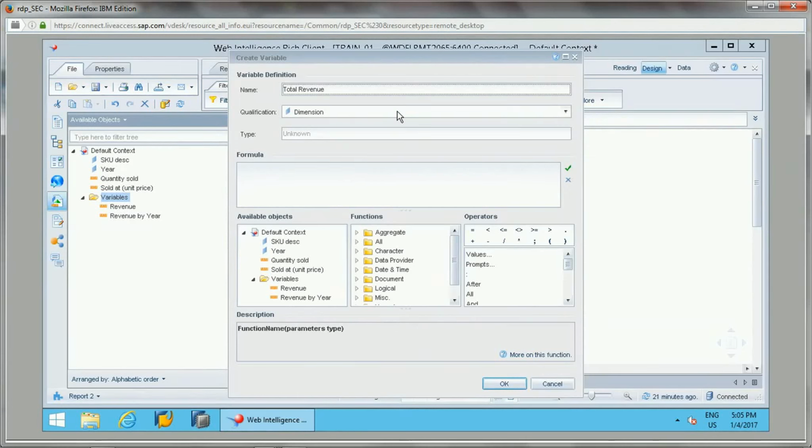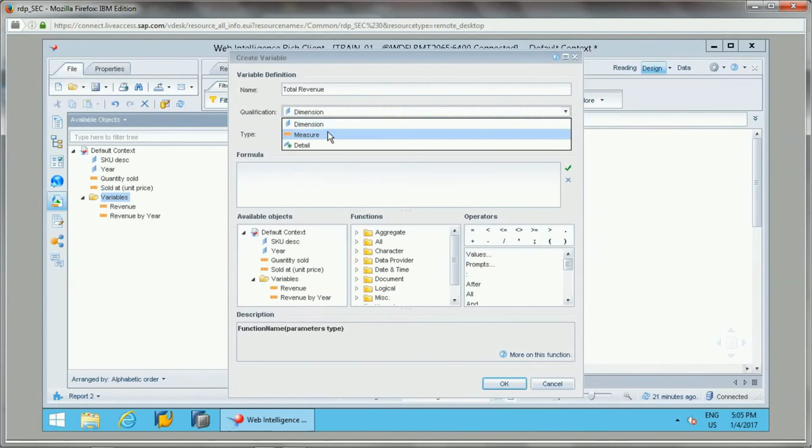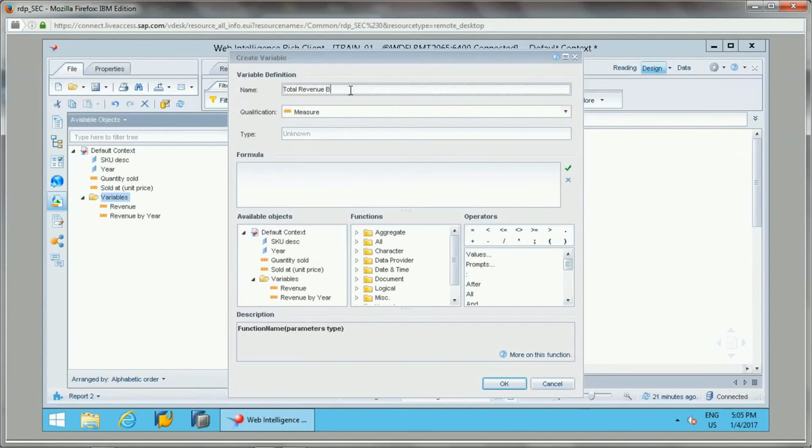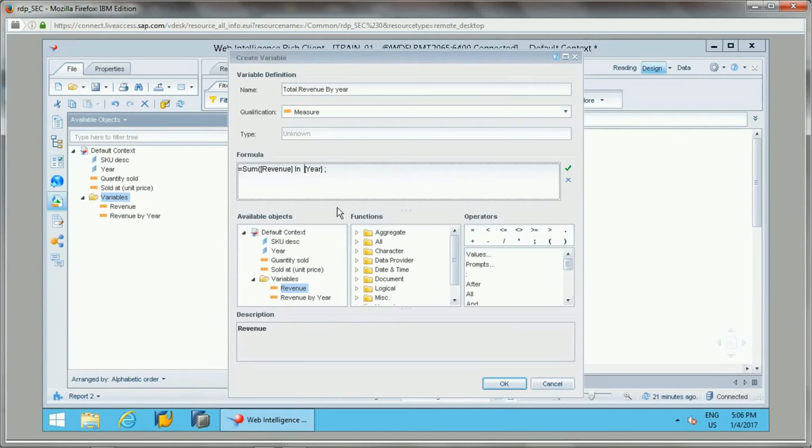I'll call it total revenue by year. And here I'll add sum of our revenue, which is here. And I'll say it should be in the year and description. Whatever input calculation context we have specified, the same we will apply here.